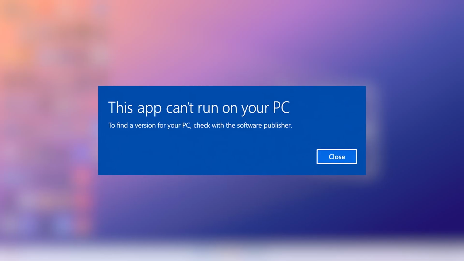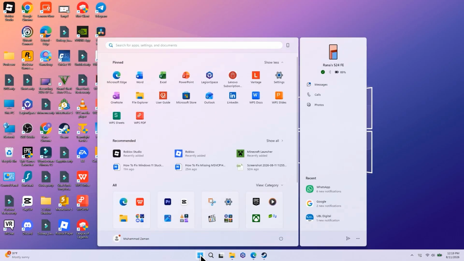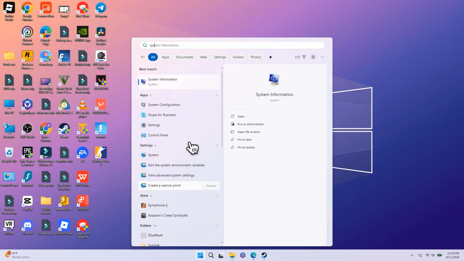Here's how to fix "This app can't run on your PC." Before we begin, one of the most common causes of this error is downloading a version of the application that isn't compatible with your system. If you're not sure whether your computer is running a 32-bit or 64-bit version of Windows, open the Start menu